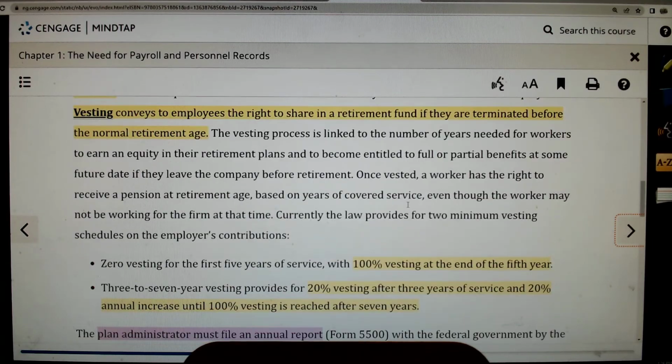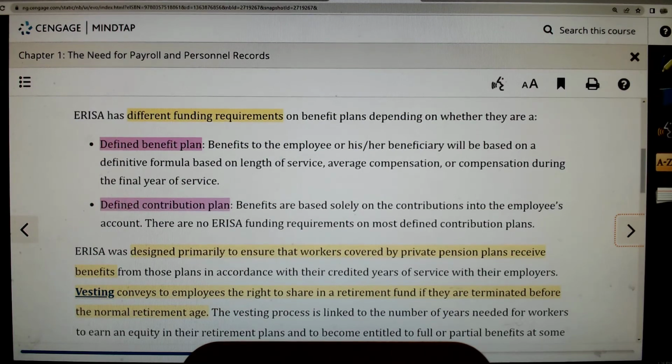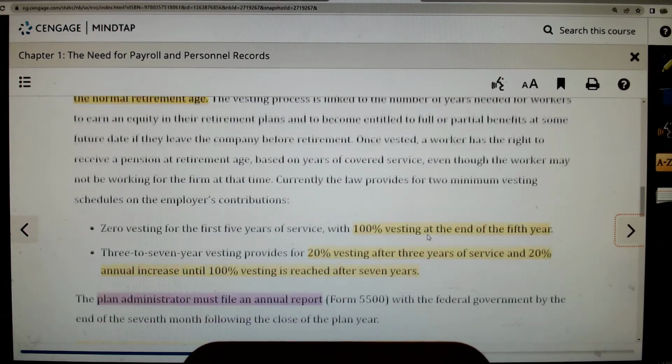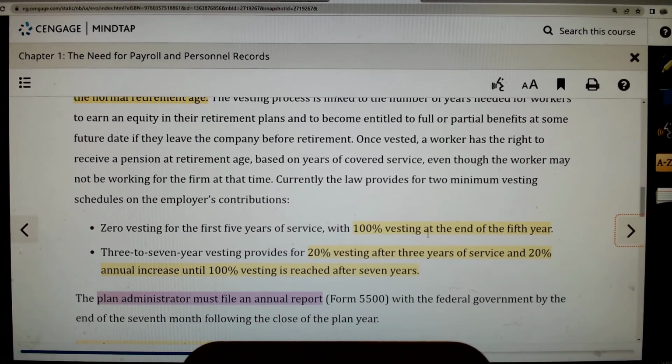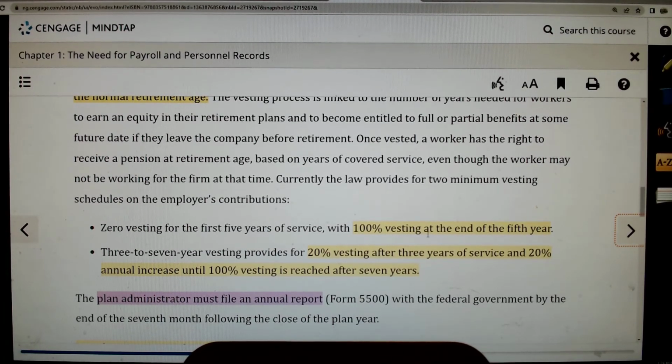And vesting is the money that, suppose they're under a defined contribution plan, and they say that we're going to put away $1,000 a year for you every single year. So they put away $1,000 in your first year, $1,000 in your second year, $1,000 in your third year. If you terminate your employment and leave, do you get to take that money with you? Is that your money? Well, it depends on how it vests, and it has to vest one of two ways. Either it's 100% vested at the end of the 5th year,